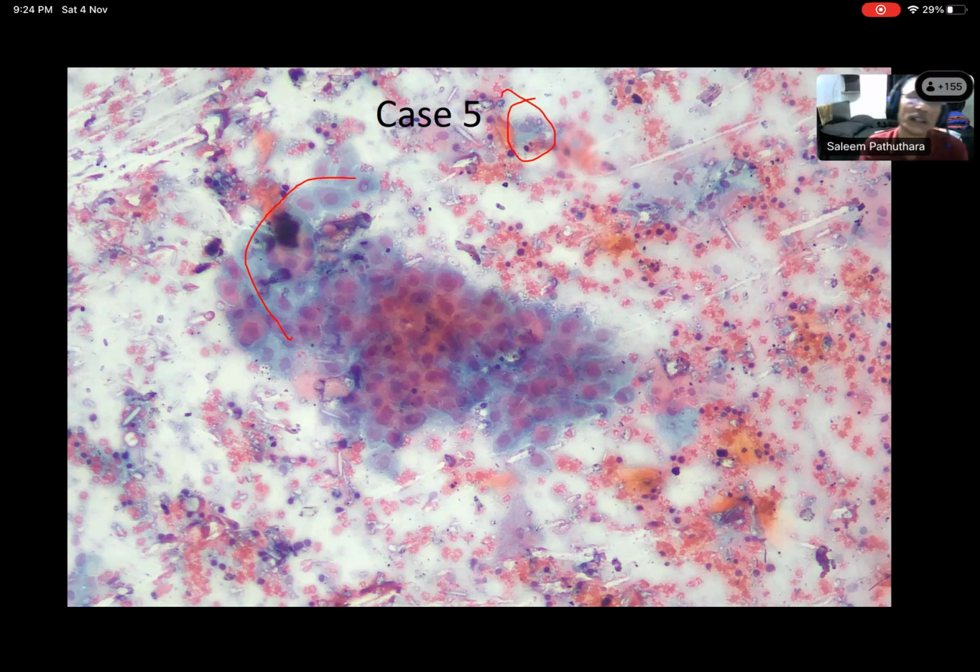So what kind of cells are usually expected in a 58-year-old female? We can expect parabasal cells and basal cells, along with a few superficial squamous cells and intermediate cells. You can't get basal cells. See, basal cells are never shed unless the sample is very traumatically collected. You may get one basal cell, but basal cells are never ever seen in the pap smear.